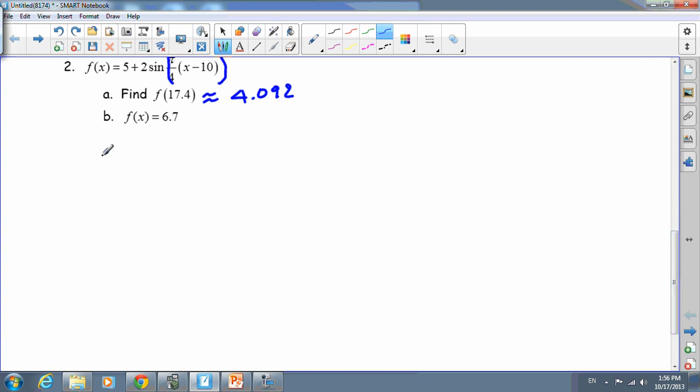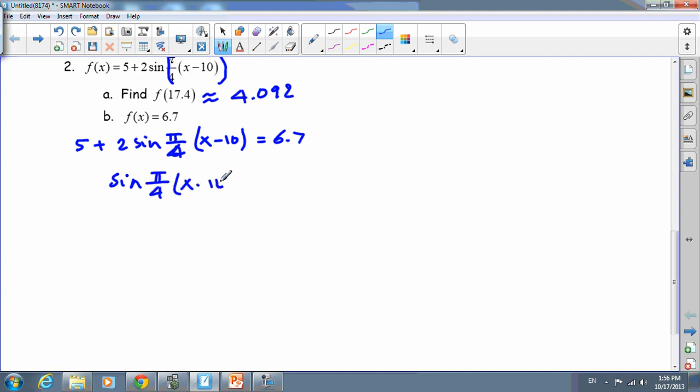f of x is equal to 6.7. I will start by saying 5 plus 2 sine of pi over 4 times x minus 10 is equal to 6.7. Just as we did earlier, I will go ahead and subtract 5 from both sides. After subtracting 5 from both sides, I will divide by 2, and you should reach sine of pi over 4